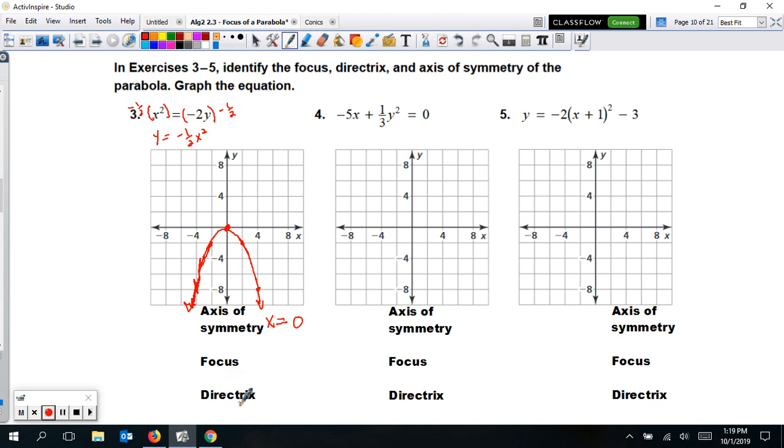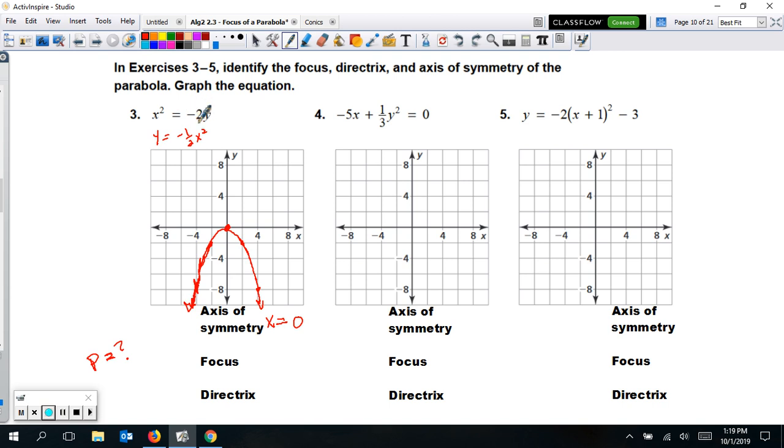To figure out what the focus and directrix are, we need to know, what does p equal? That's the question we need to figure out to be able to know what these two are. So we've got to come back up to our equation. Now, I'm going to erase the work we did up here so I can see both equations. I have two forms of this equation. Here's where this equation is a lot more helpful than this one, because this one has a fraction in it,